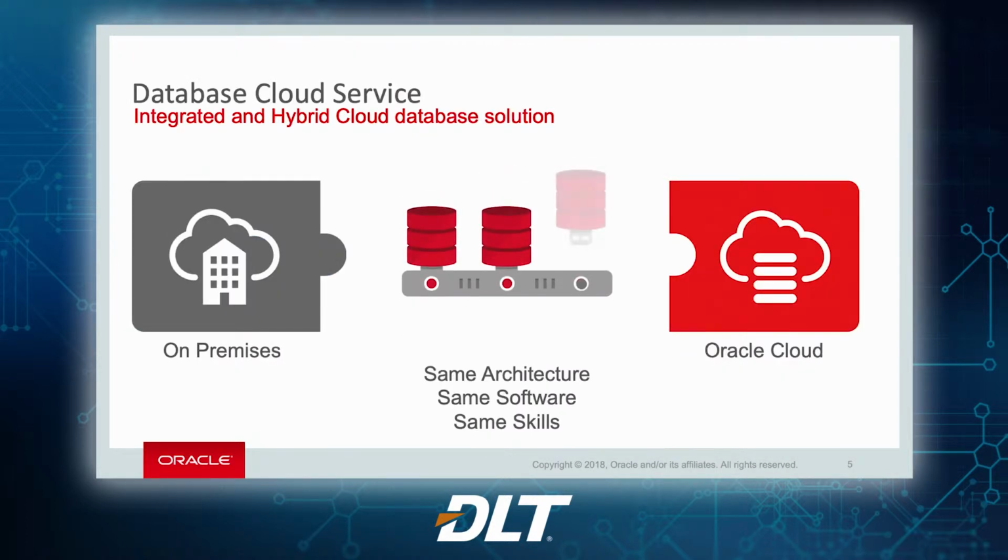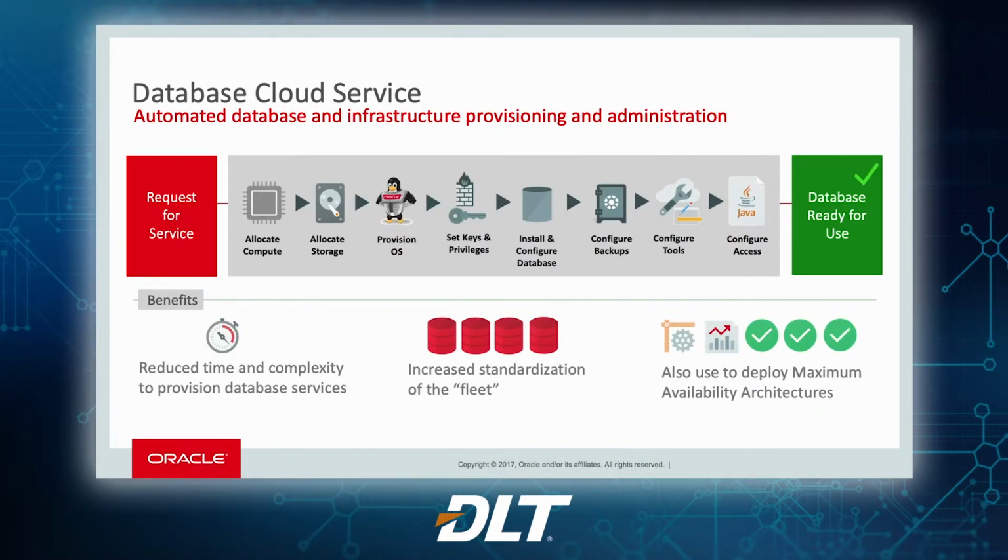One of the big advantages of Oracle in the cloud is it's the same architecture, the same skills, the same software. You can literally unplug and plug into the cloud with Oracle's pluggable database architecture. Or, I know a lot of you aren't using pluggable databases just yet, so you can do a backup and recovery, and simply do an RMAN recovery into the cloud, and that's how you move your database. And so Oracle supports the hybrid cloud architecture. The same scalability, performance, and features that you know from Oracle are all available in the cloud. There are a lot of steps we had to do on-prem in order to build a database, and of course in the cloud, it's all automated with cloud tooling.